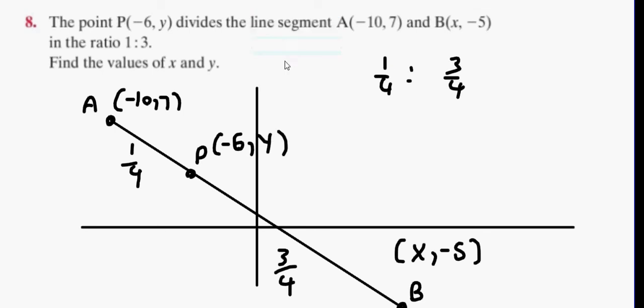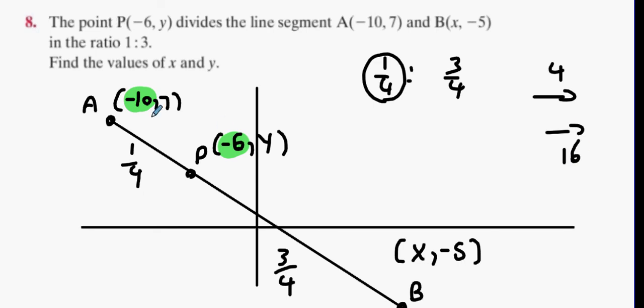Charlie, what's the gap from minus 10 to minus 6? Plus 4. You went plus 4 to X, would you agree with that? So you went across 4. That's only 1/4 of the entire distance. So what would be the whole distance across then? 1/4 is 4. 4/4 would be